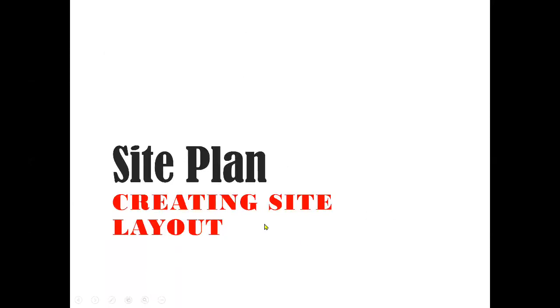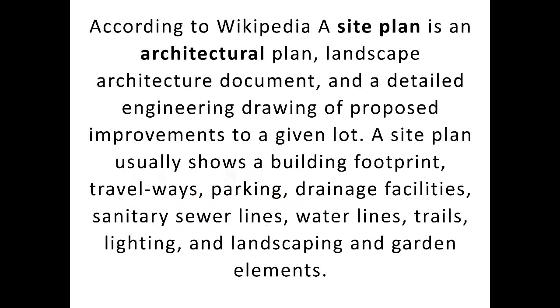All right, so site plan, site layout. According to Wikipedia, I found a definition and it says that a site plan is basically an architectural plan that shows landscape architectural documents, and that would entail things like detailed drawings, engineering drawings of the proposed improvement to be given to a given lot, and you would basically have the footprint of the building, which is basically the shape, and it will indicate other features on the property such as your parking, your drainage system, your water lines, any